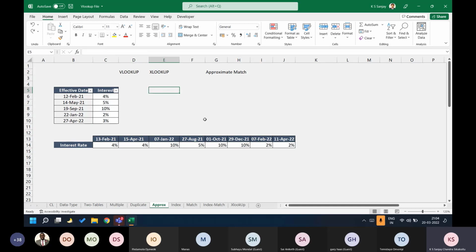Now that is the biggest disadvantage of VLOOKUP. Whenever you use approximate match, your values should be in ascending order. How it works is very simple. For example, let's say I have bins, let's assume in terms of distribution concept. Let's say I have 0 to 50, 50 to 100, 100 to 150. If I take a value of 26,